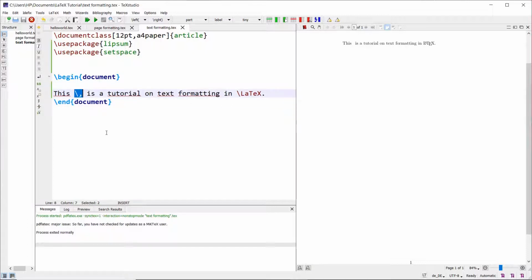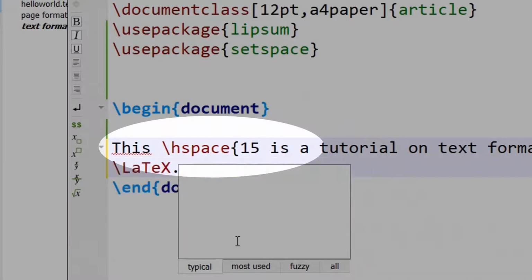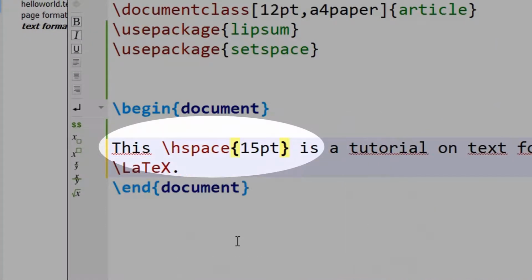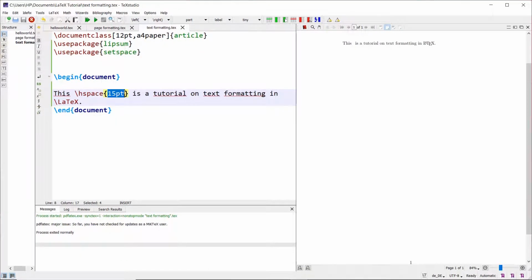The next horizontal spacing option that we have is similar to vspace, we have hspace. hspace again specifies the spacing between two text as a point option. So I am specifying 15 points as a space. So let me build this. So you can see here the difference between this and is word is 15 points. If I change it to 30 points, you would notice now the difference here is 30 points.